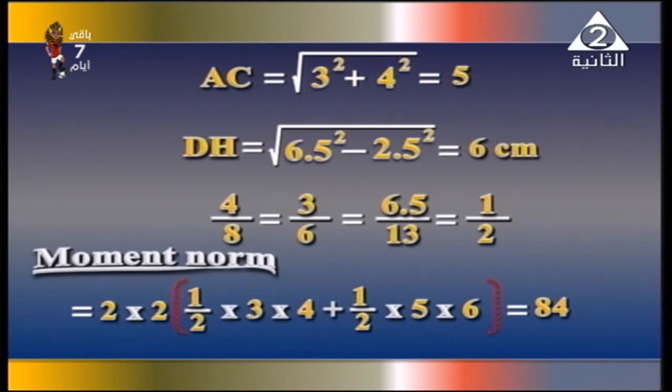We have, my dear student, two triangles. The first triangle has two legs 3 and 4, the second 5 and 6. Area of the first is half times 3 times 4. Area of the second is half times 5 times 6. Then we deduce that the norm of the couple equals 84. My dear student, by the end of the general revision, we know that the static exam has 18 problems,